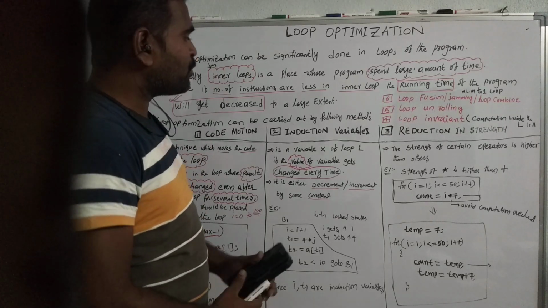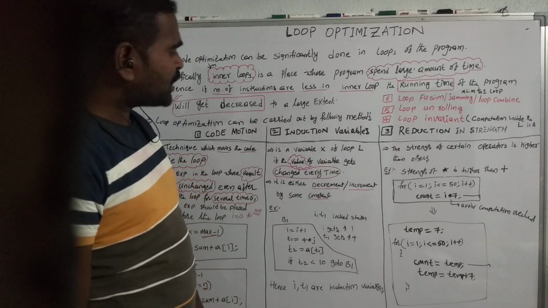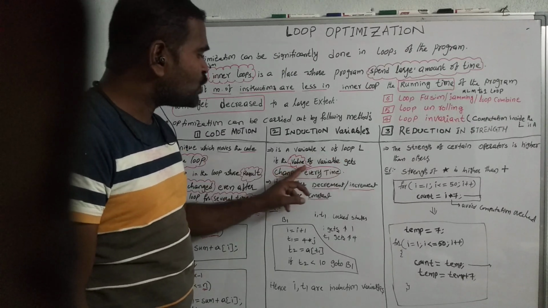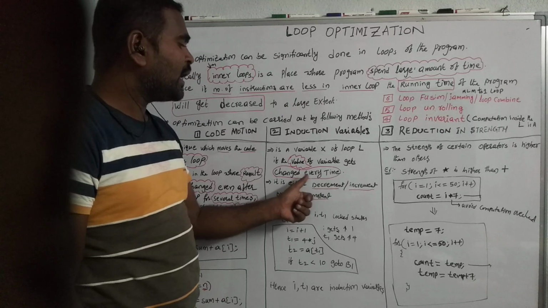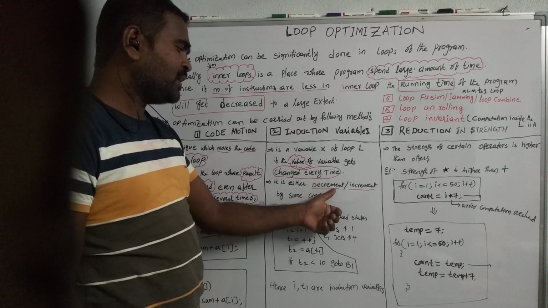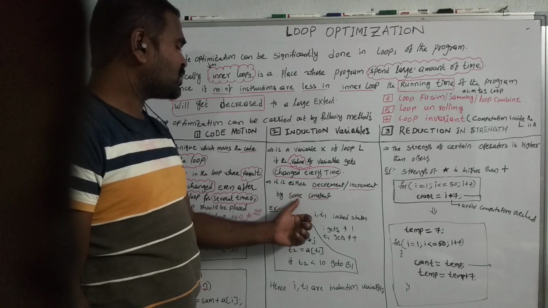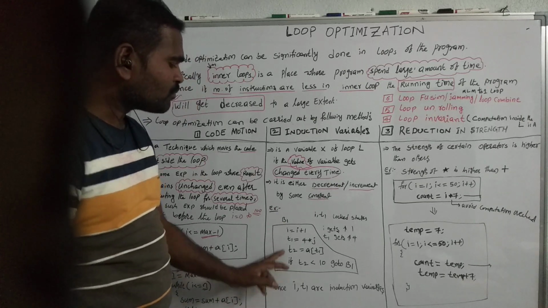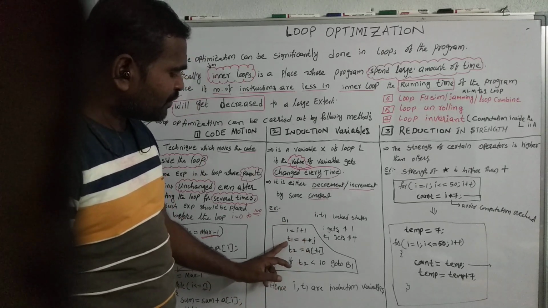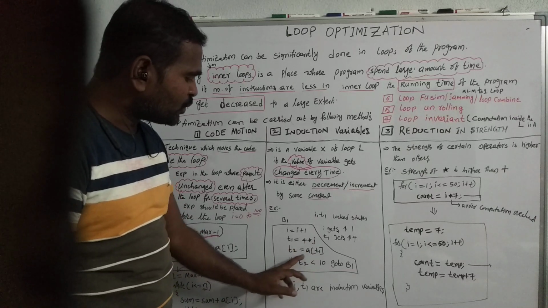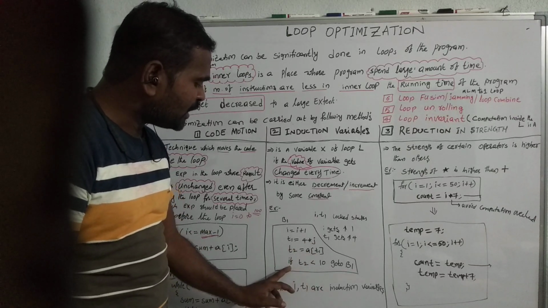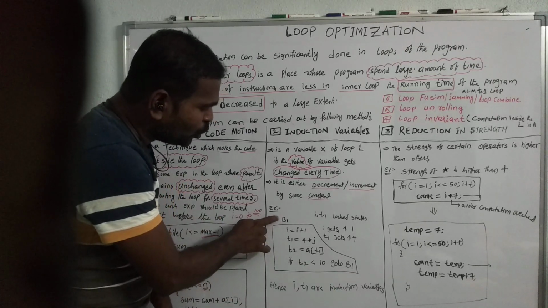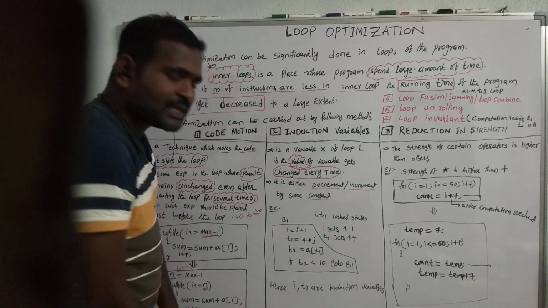Now I am going to explain about the induction variable. An induction variable is a variable x of a loop L. If the value of a variable gets changed every time, it is either incremented or decremented by some constant. Suppose I take some particular code: I equals I plus 1, t1 equals 4 into j, t2 equals a of t1, and if t2 is less than 10 go to b1. This loop repeats until this condition is satisfied.